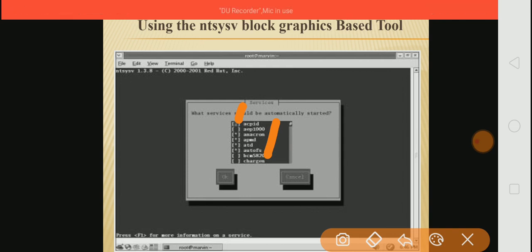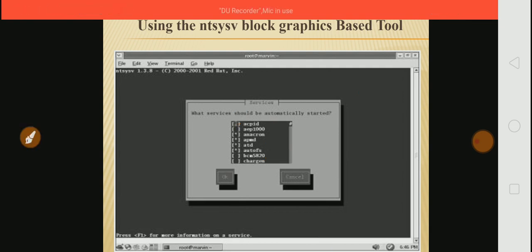Once you select a service with the space bar, it will check or uncheck, giving a symbol like a cross or something else, and then press enter. If you click on the OK button, the changes are stored, and the next time the system reboots, these services get activated.